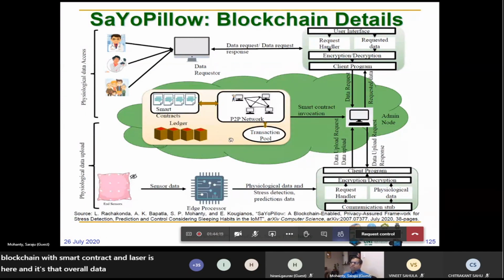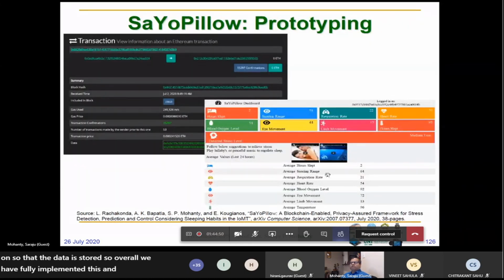When I told my student, let's say you build a SIOPILO and 10 million people are buying it, where do you store that data? We have to store the data in an offline approach; we have to have a certain distributed database. There are IPFS and so on, those databases where you can store the data. And then there has to be some encryption and decryption mechanism so that the data is stored securely. Overall, we have fully implemented this, and we made a very nice user interface. So this is how the Ethereum and the data is stored in